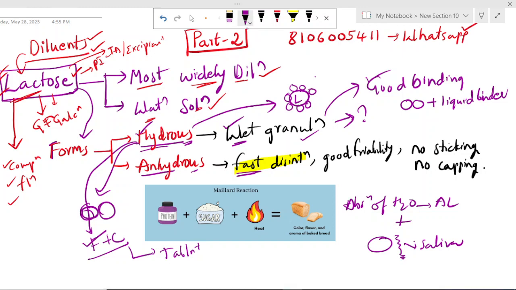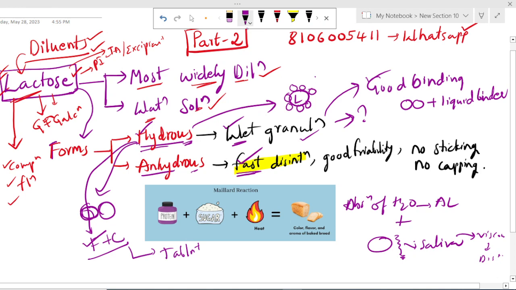The absence of water prevents the formation of a viscous, gel-like structure that can impede disintegration. So that's why it has fast disintegration. The simple thing is, anhydrous doesn't contain any water molecule. This is a dry state. When saliva or any liquid comes in contact, it dissolves very fast because it is anhydrous. The second thing is that anhydrous lactose exhibits excellent